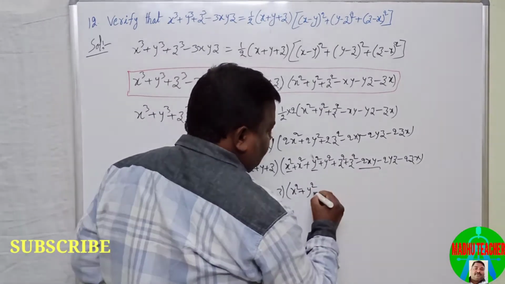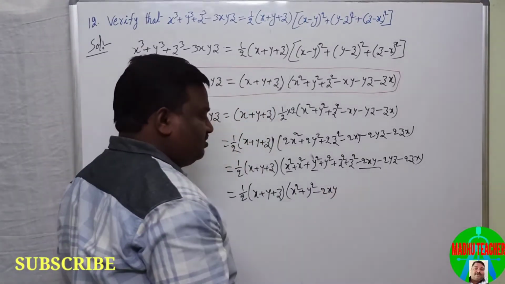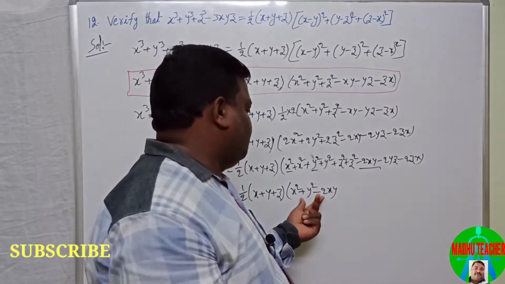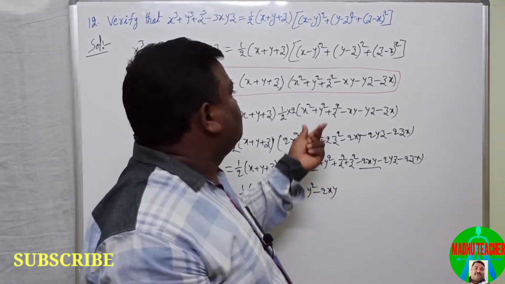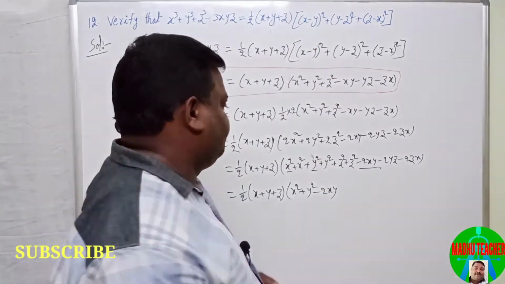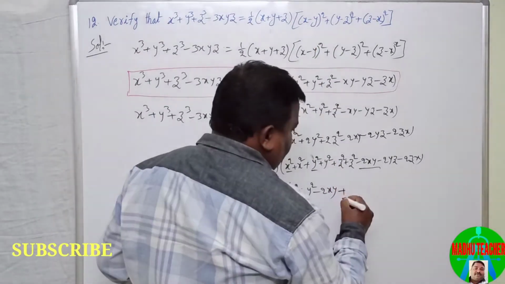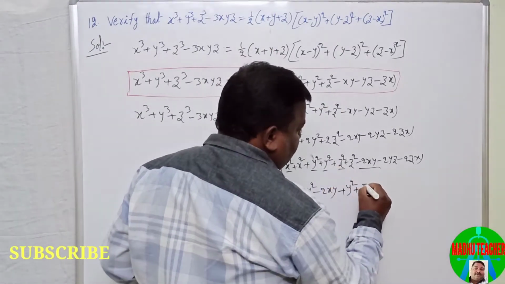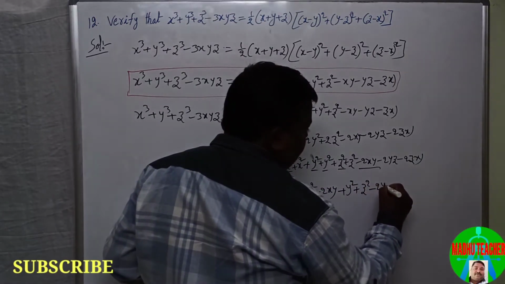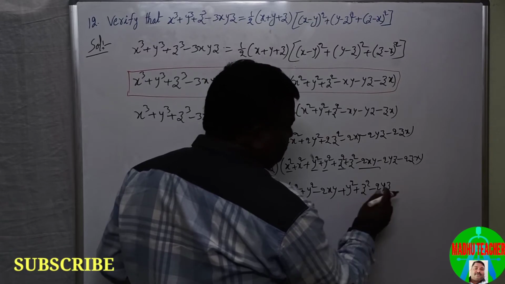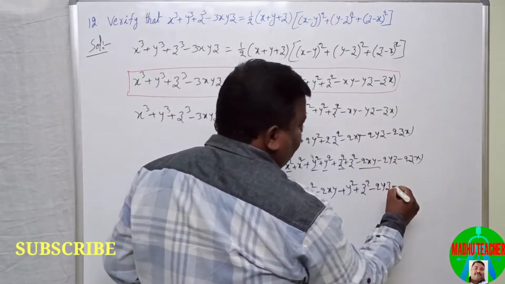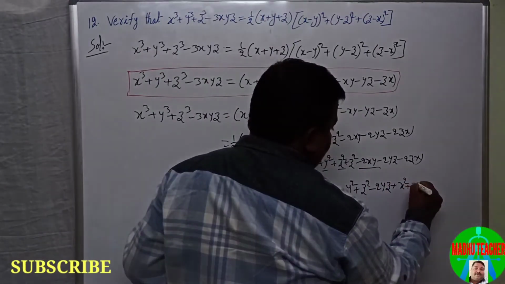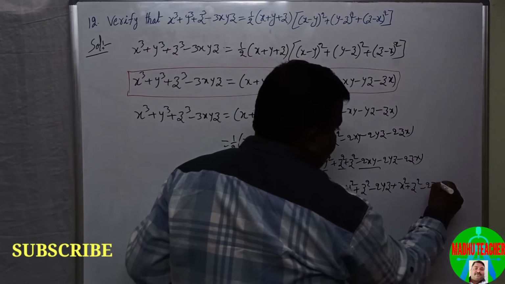then after that I'm writing minus 2xy, because you can write this as x minus y whole square. This gives x minus y whole square. Next, I'm writing y square plus z square minus 2yz, because it gives y minus z whole square, plus the remaining x square plus z square minus 2zx or xz.